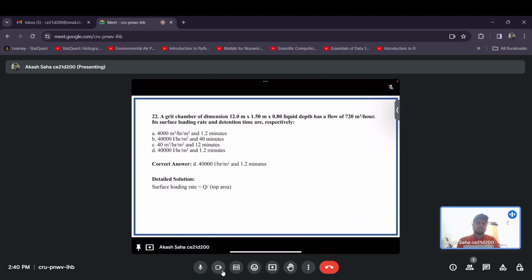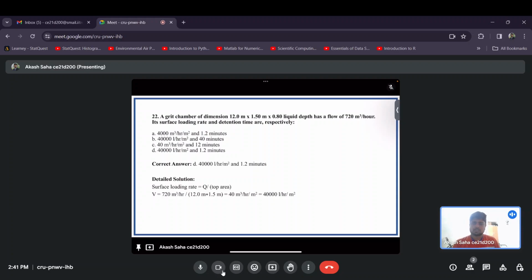So as we have done numerous times, Q divided by top area. Top area will be length into breadth. So it's nothing but 720 meter cube per hour divided by 12 into 1.5. So we will get 40 meter cube per hour per meter square. But since some of the options are given in liters, we will change to 40 into 1,000 liter per hour per meter square. So correct option will be option B, and also option D rather, because